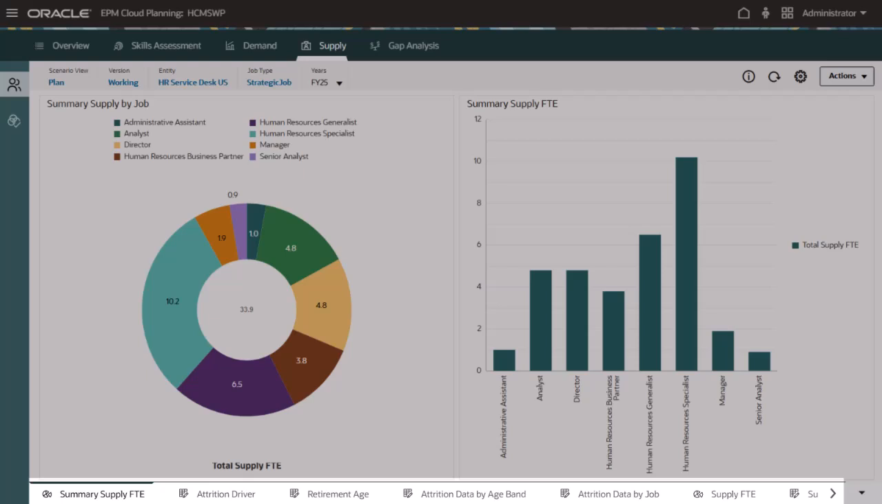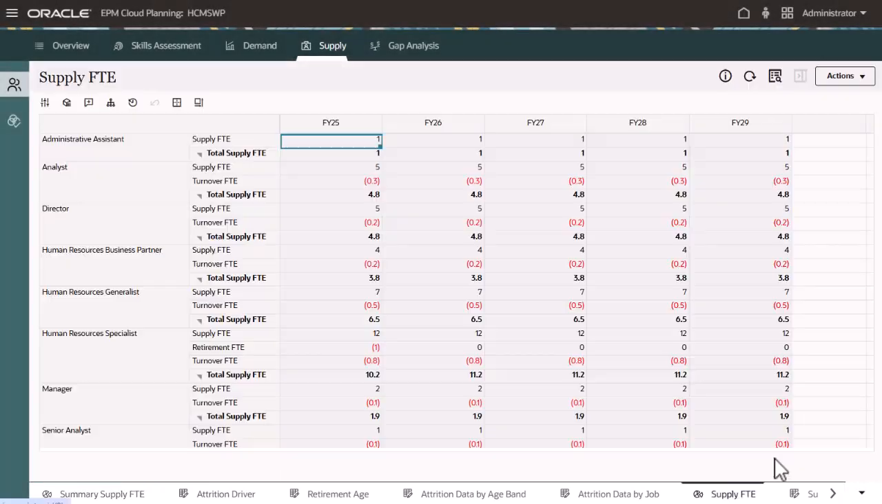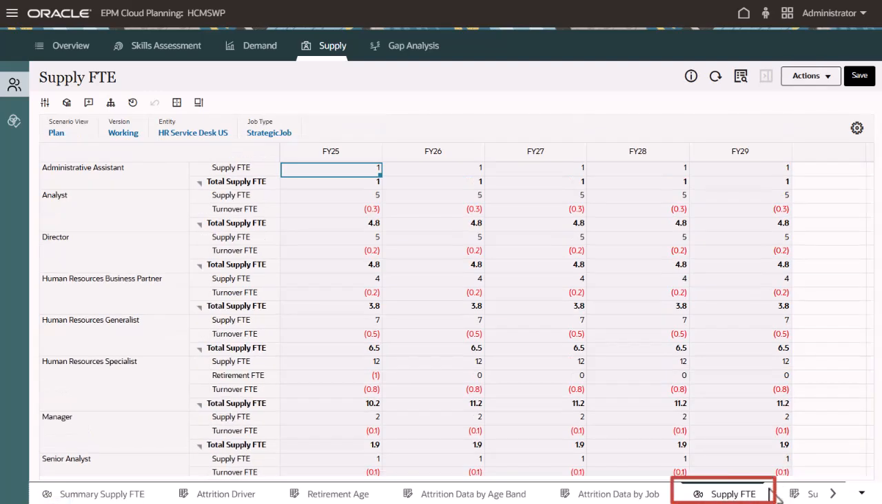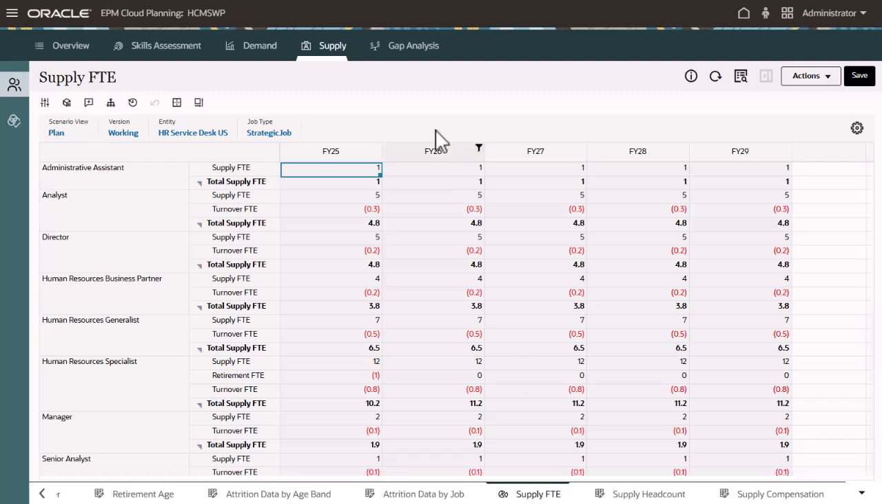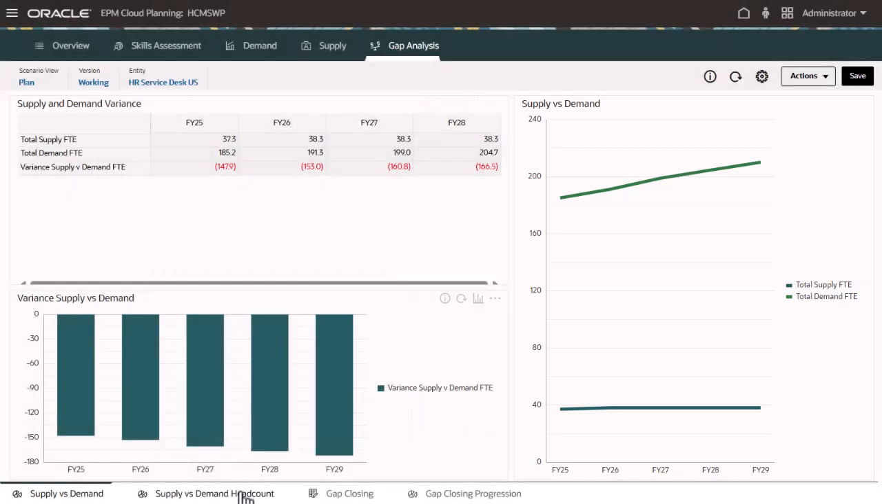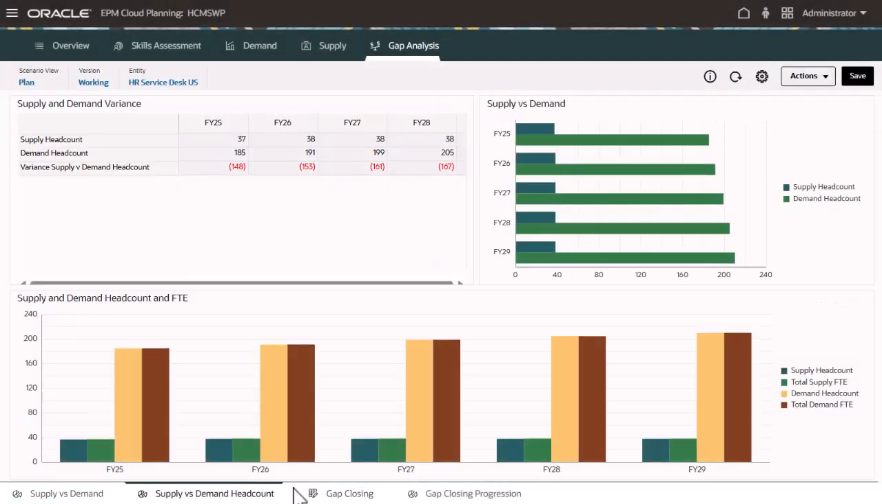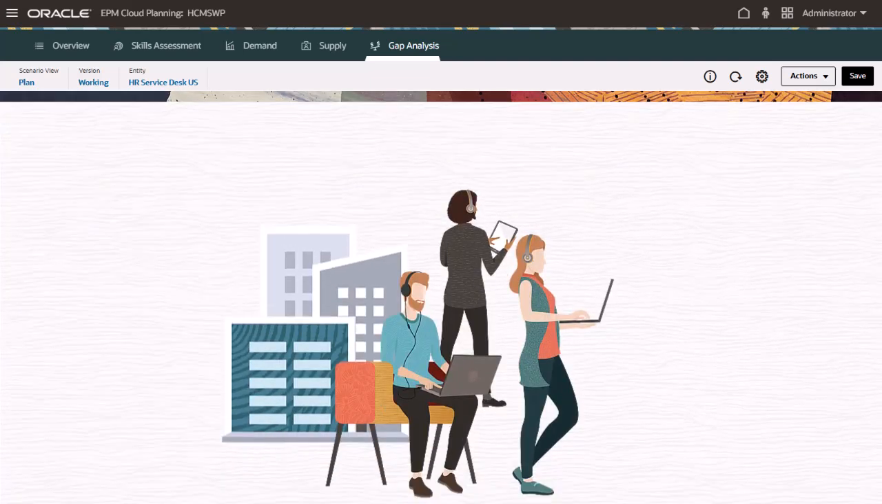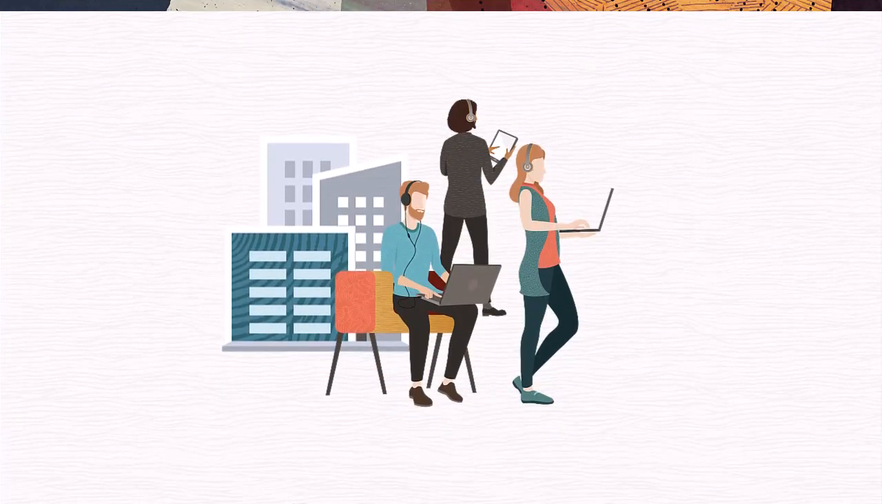or job and expected retirements to determine whether you'll have the necessary workforce to achieve your strategic objectives. Finally, use gap analysis to plan how to close the gap between demand and supply, such as planning for new hires or reallocating resources. You are now ready to start building a workforce plan aligned with your